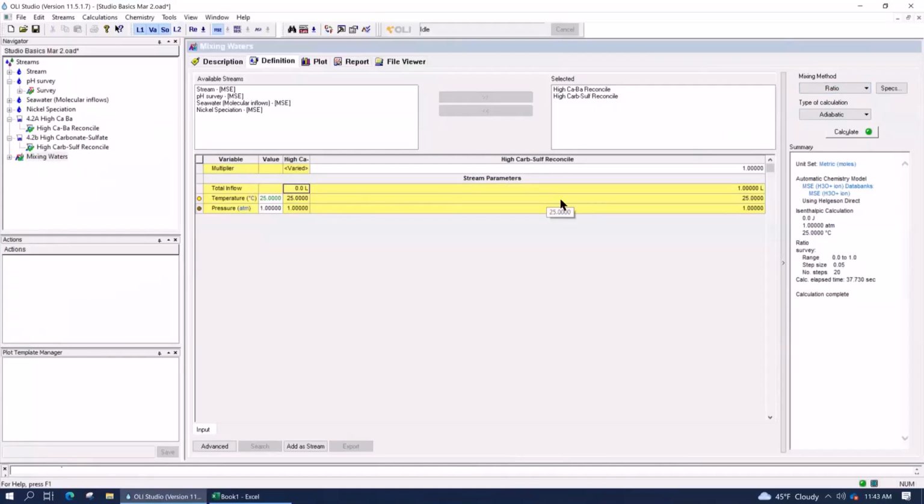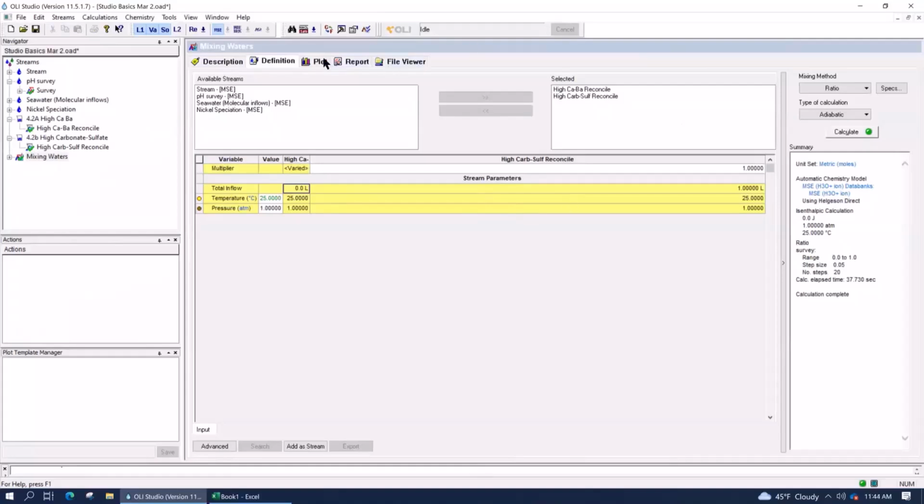And that will change the dominant species? No, it'll be the same. It's just that when you mix things together, I wanted to correct that misspeak. But that is a very simple example of how you use the mixing water.